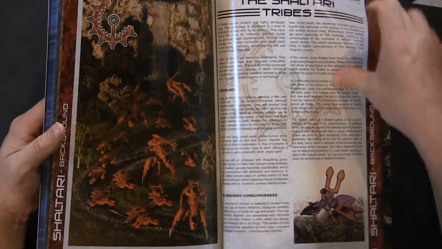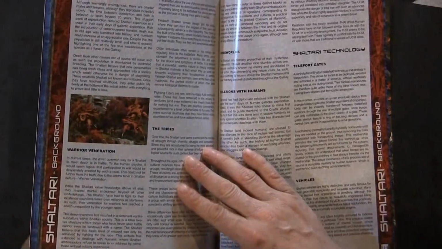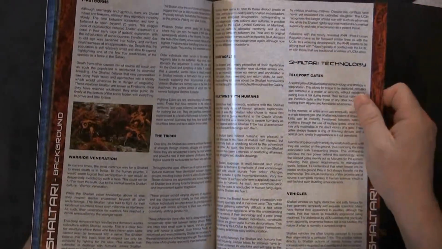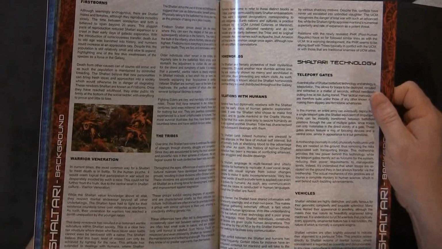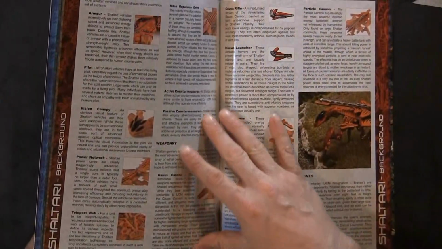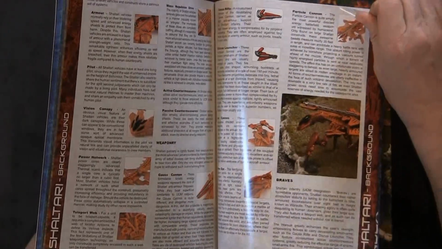And then you have the Shaltari tribes, which I really don't know too much about. Well, like I said, I don't really know anything about the game yet. It just goes into the firstborns, background information. Then it starts covering the units. And they look a lot like...